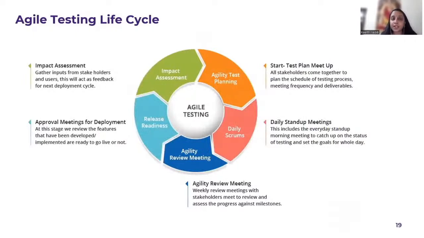And this is the agile test life cycle, with 5 different phases. It will start right from the impact assessment. In impact assessment, we will be doing an assessment of requirements, and we will be gathering feedback from stakeholders and users. We also call this the feedback phase, where we incorporate those feedbacks in your next sprints. And in the planning and daily stand-ups, as we discussed, these are the things which we follow in the agile life cycle,